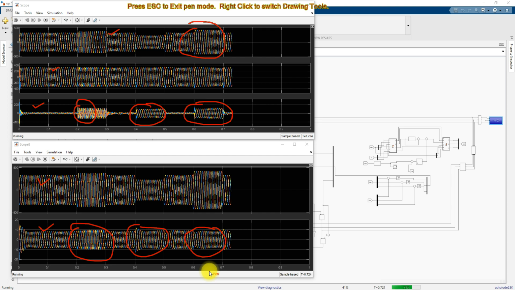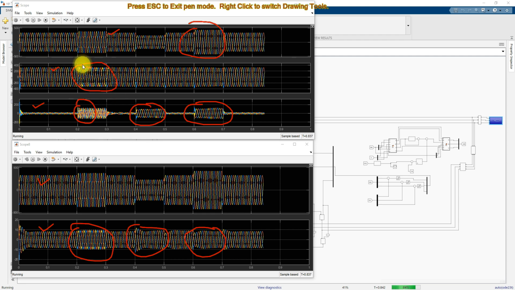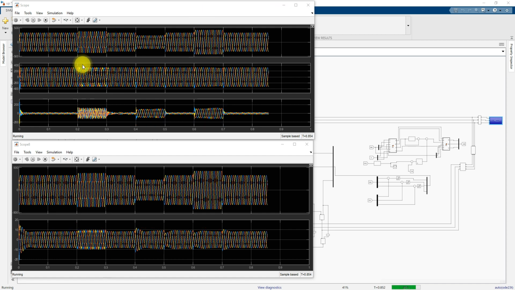Here you can see that for different scenarios, right, harmonic injection in the grid voltage, sag or swell in the grid voltage, the UPQC alleviates the problem, but it has some problem during harmonic injection. So we can see that in the THD detail only. So I am stopping this simulation and going to